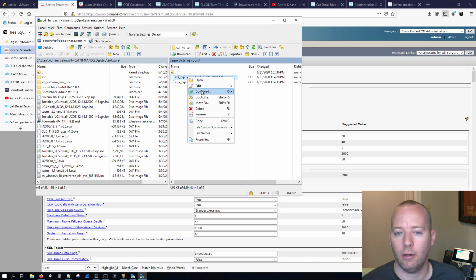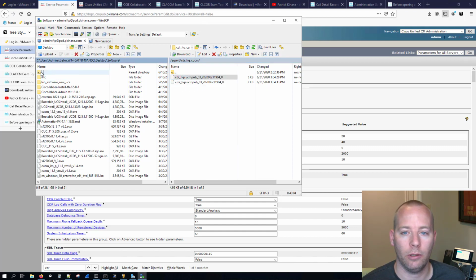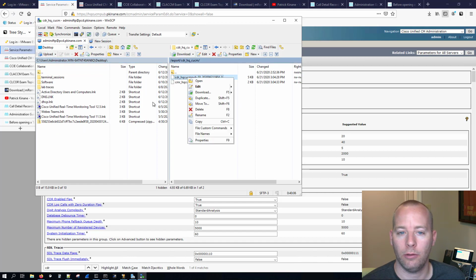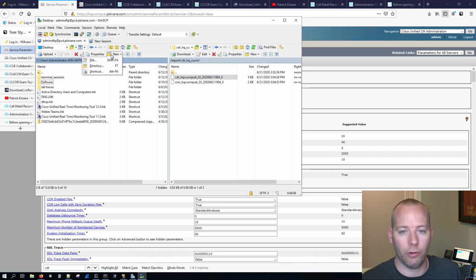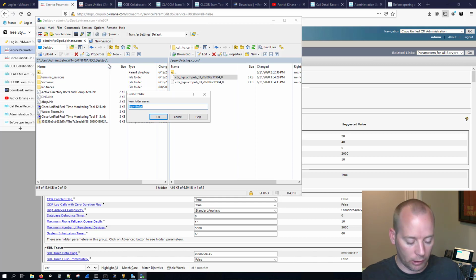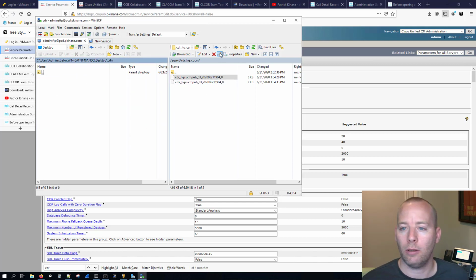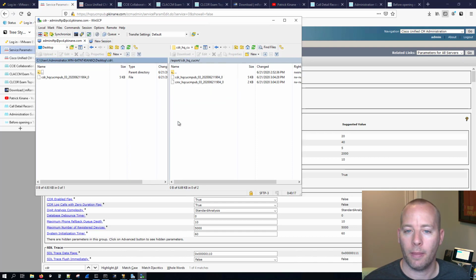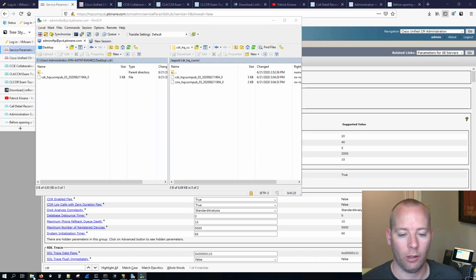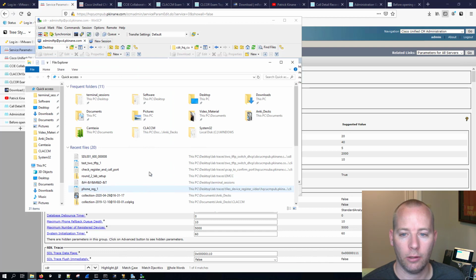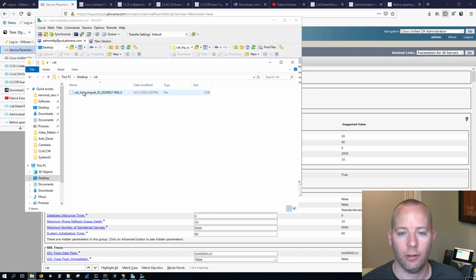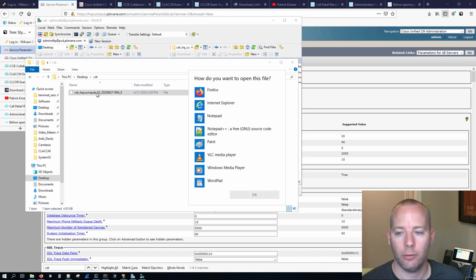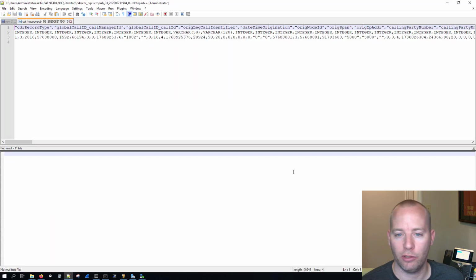Now, if I download this, let's see, where is it going to go? I'll get it downloaded to my desktop. I'll create a new directory though, because I will delete this later since I don't need it. I'll go in there and download this file. I'll now open up my directory over here, and we'll go to desktop, CDR, and then we have this file that I'll open with Notepad++. And as you can see, it's a comma separated